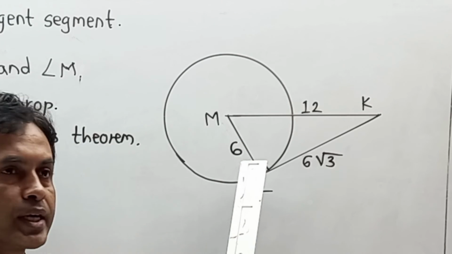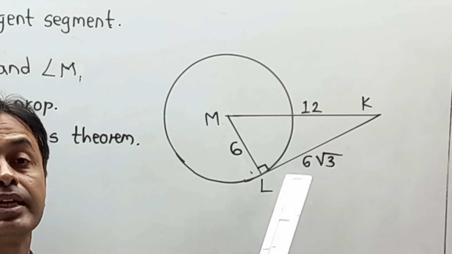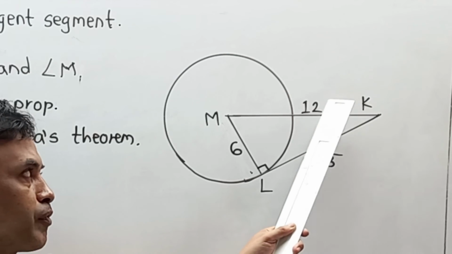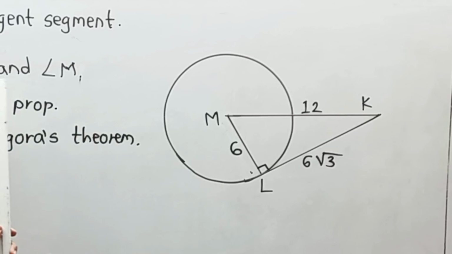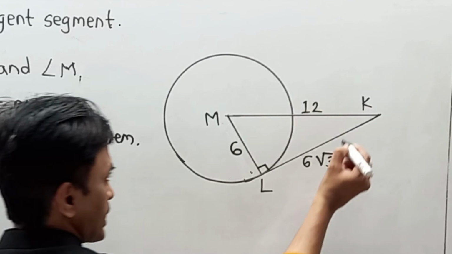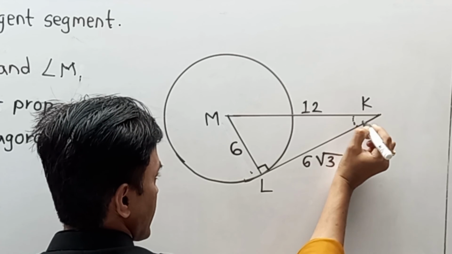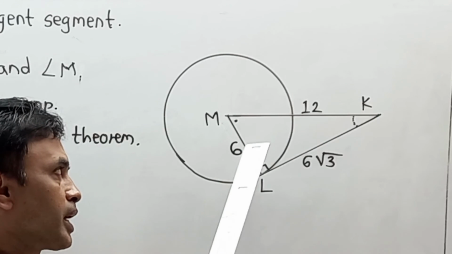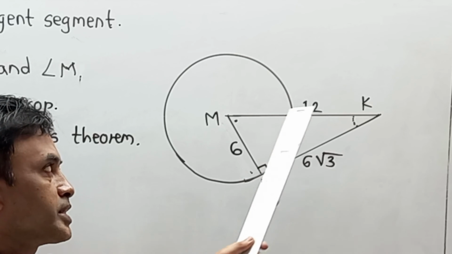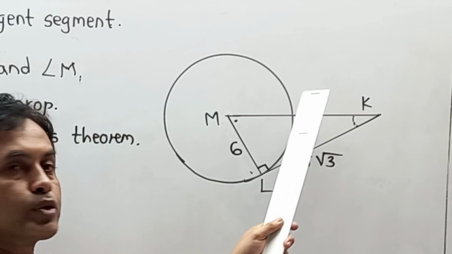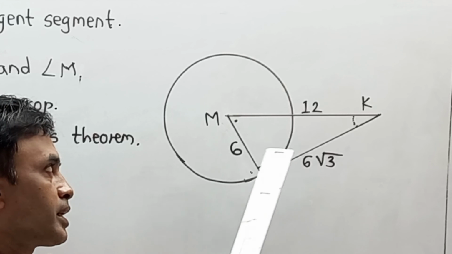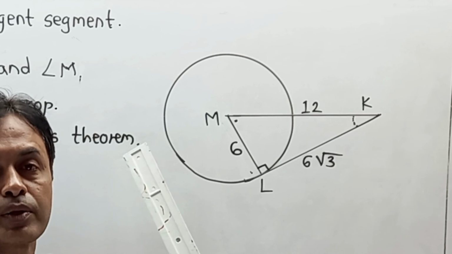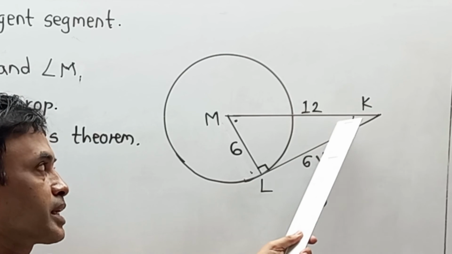Now as we are able to get the value as 6 over here, one angle is 90, we have already declared. Now remember the second part. Here half of 12 is 6, because our target is to find the value of K and M. Our target is to first find the value of K and then the value of M. So one by one, opposite to angle K, the side is 6, which is exactly half of 12, the side opposite to 90 degree. Naturally, half of 12 is 6, means angle K becomes 30 degree. We can use this part over here because one angle is already 90, second we can find K.